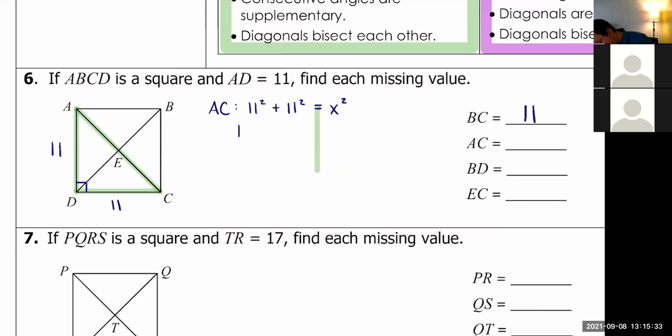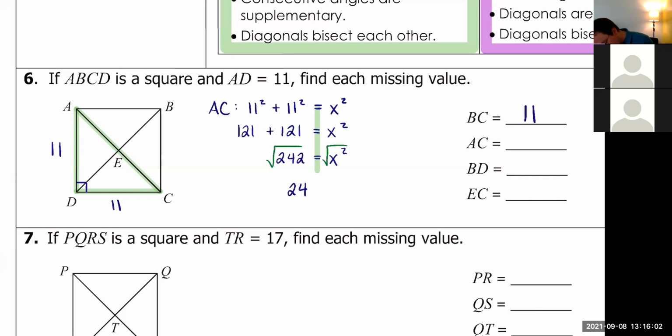Eleven squared is 121, plus 121 equals x squared. 121 plus itself, 242. Take the square root of both sides. I believe we get